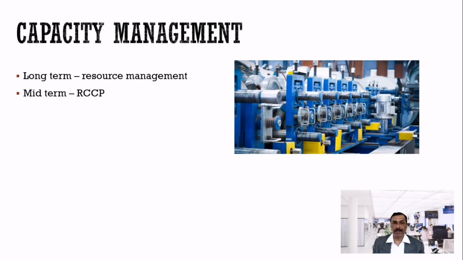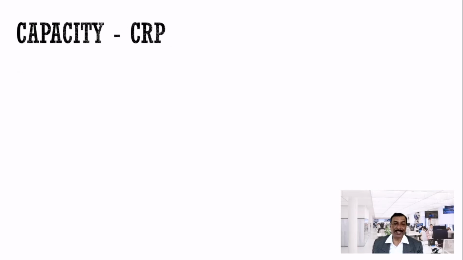Here what we do is check the capacity at the constrained resources. Any manufacturing facility or process will have some constraints. If you have thousands of machines, there will be a few constraints on production. So we are only trying to check the capacity of these resources, whether we are going to meet the demand or not. That is what happens in rough cut capacity planning. Then the next aspect of capacity management is CRP, capacity requirement planning.